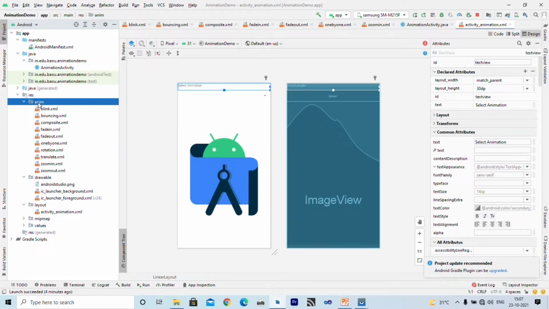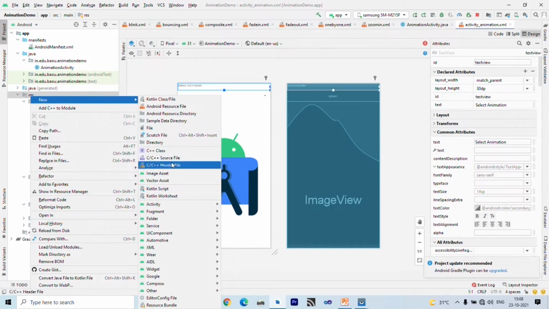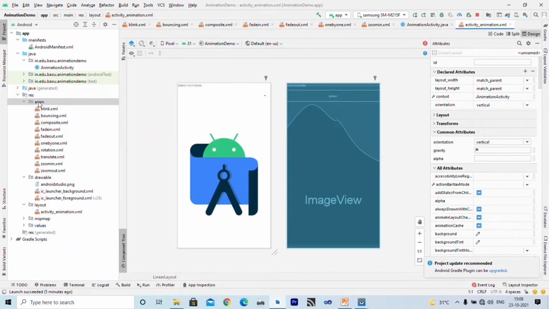If it is not there, you can always create it by right clicking, choosing New, then Directory, and giving the name anim for the animation directory. Inside this we have different types of animation defined as XML resources.